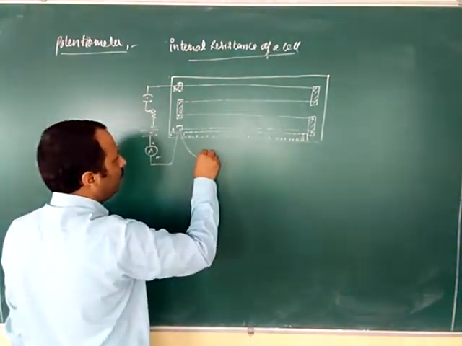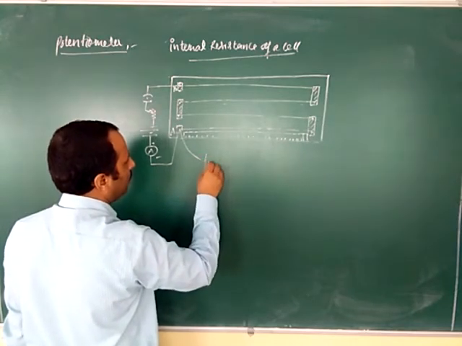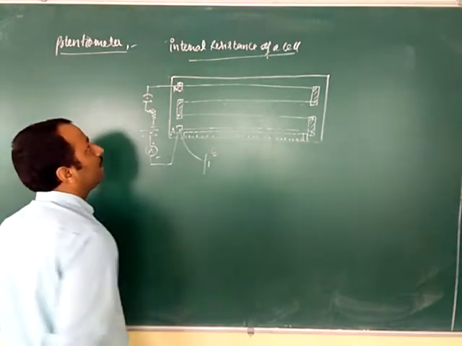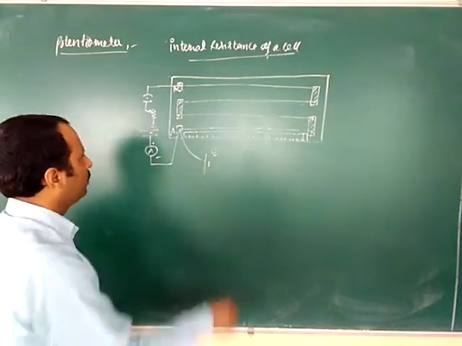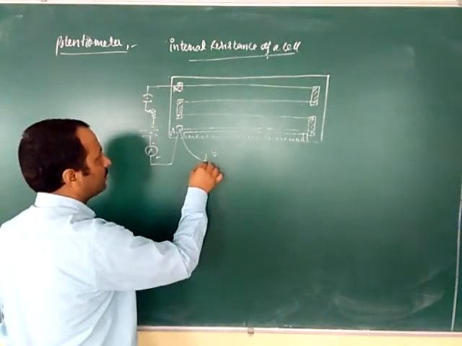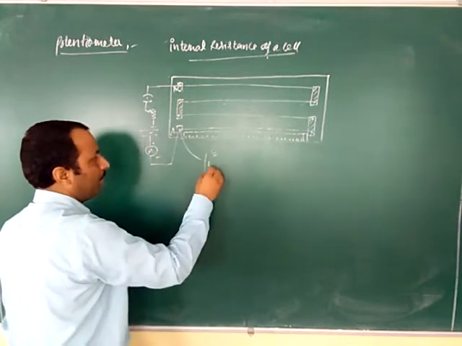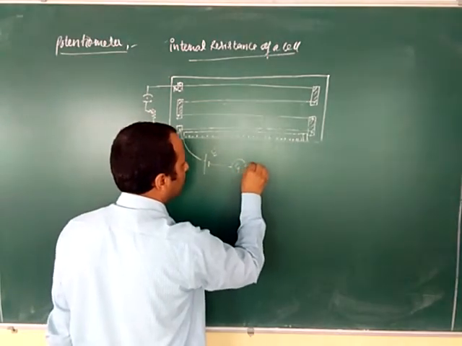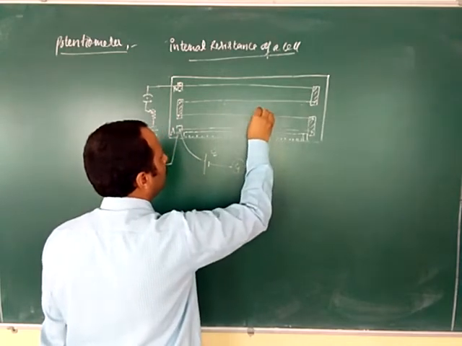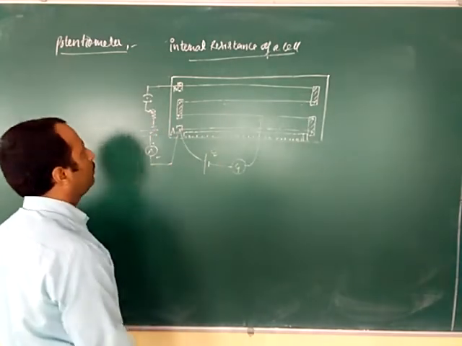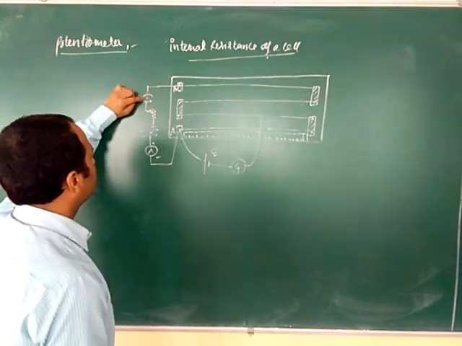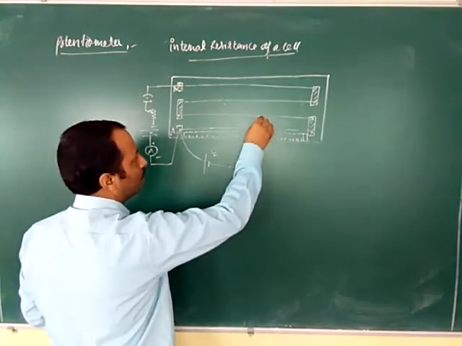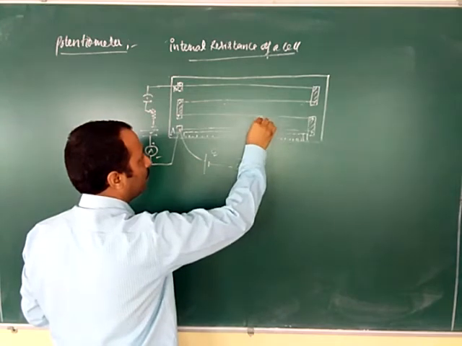So here we will connect the positive terminal of the cell whose internal resistance is to be found out. So the positive terminal of that cell is connected to the point A. Here the second end is connected with a galvanometer and it is connected with the help of a jockey. So what we will do, when we switch on this circuit, the current will flow and using this jockey we will find out the null point.